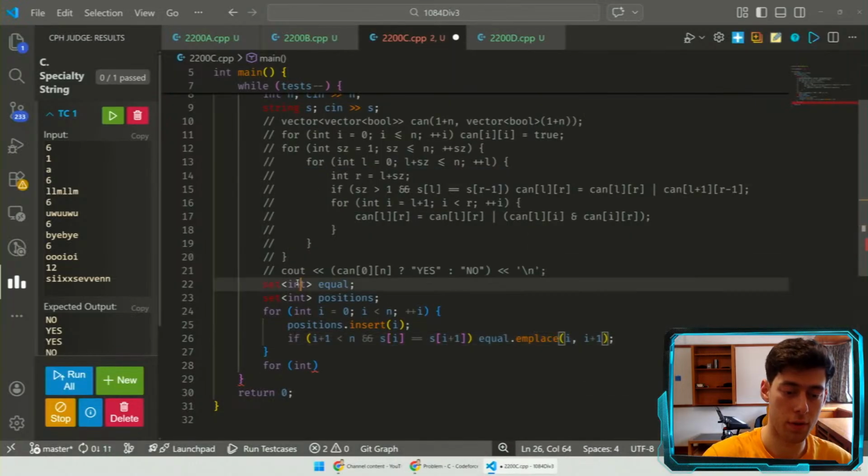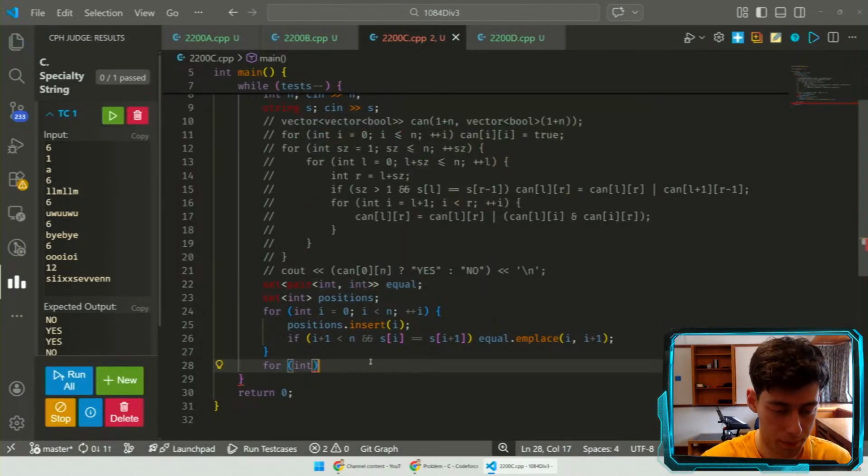I might as well just have this as a pad for explicit equality. All right. So now